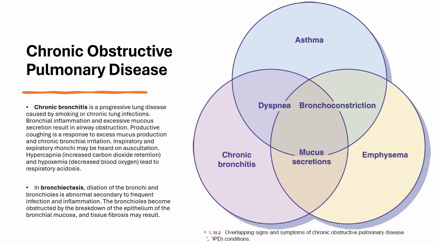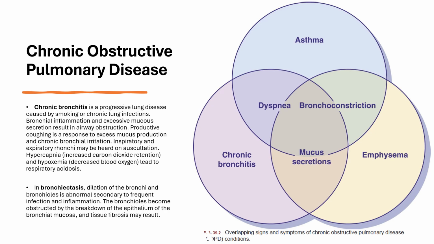Now, patients with acute bronchitis who have a resolution of symptoms and respiratory status will return to normal condition. Now, chronic bronchitis is classified as a chronic obstructive pulmonary disease, which is often linked to smoking and has a progressive pattern. Shortness of breath is initially present only with exertion, and eventually it is present even at rest.